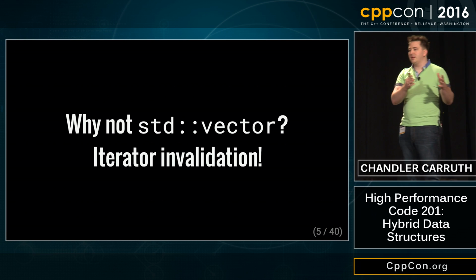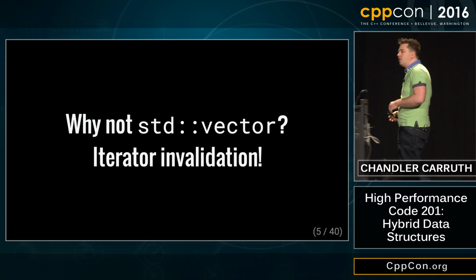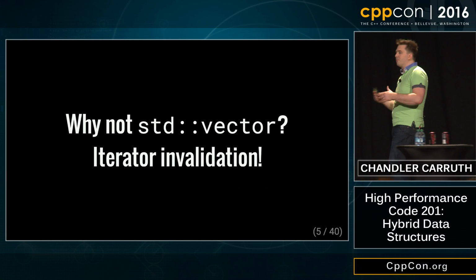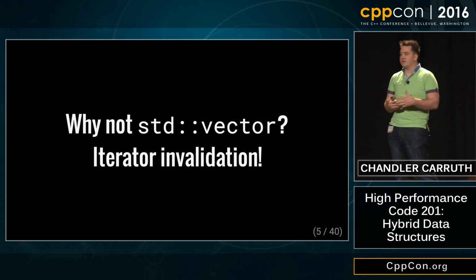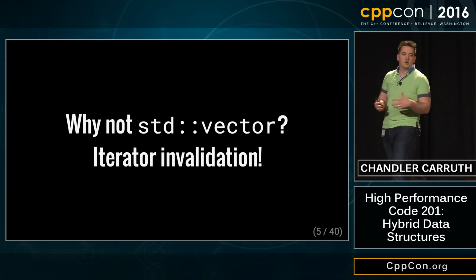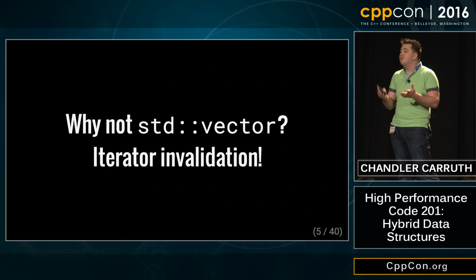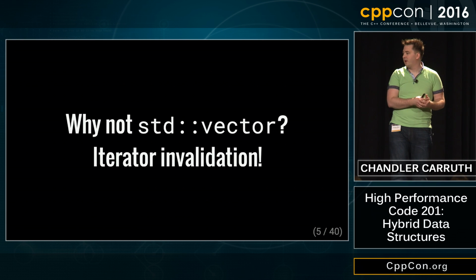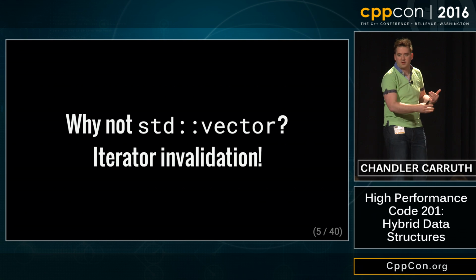Now, this can be convenient at times, but it has a real problem. If you can't invalidate the iterators when you move from one location to another, you can't do a small size optimization. You can't do it at all. It's completely off the table. I think this is terrible, right? Small size optimizations are a huge win. They're a huge enough win that the standard even uses them in the other vector in the standard that's spelled